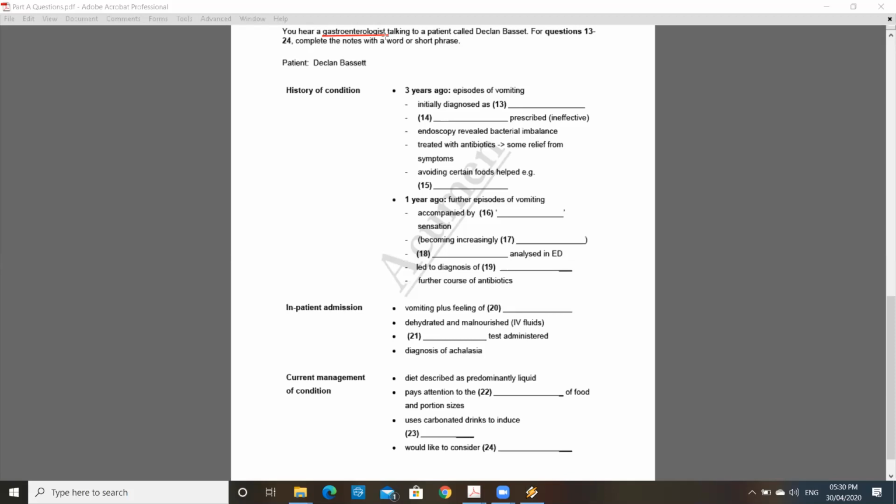So I'm setting the timer, considering that you also have to type. I'm setting the timer for 5 minutes, and I want each one of you to type in your predictions for blanks number 13 to 24. I don't want you to predict the exact word. I want you to predict the type of word. Are you looking for a symptom, medication, adjective, noun? What kind of information are you looking for? Do not send one at a time. Send all of them together so that I can view it.